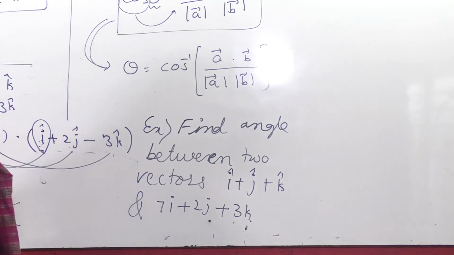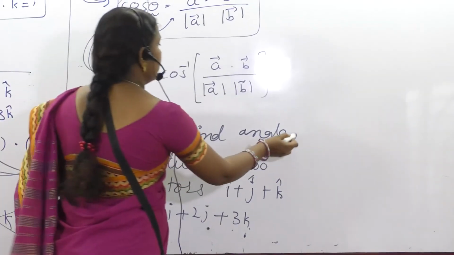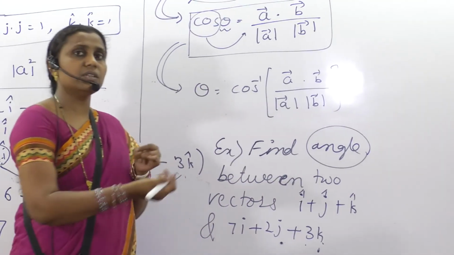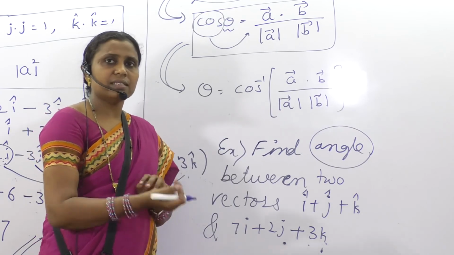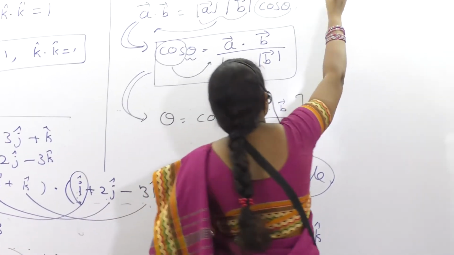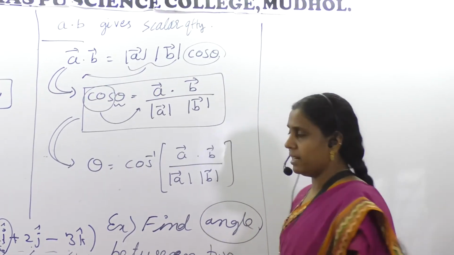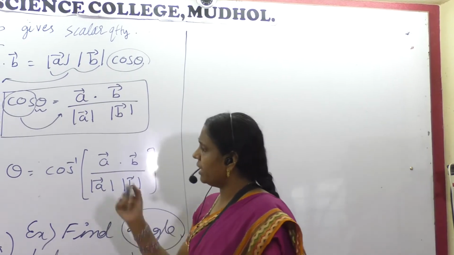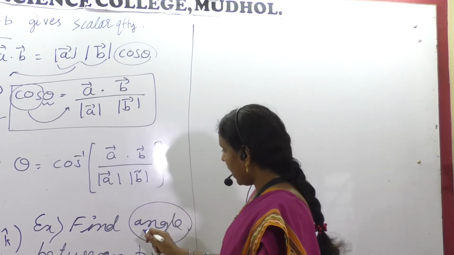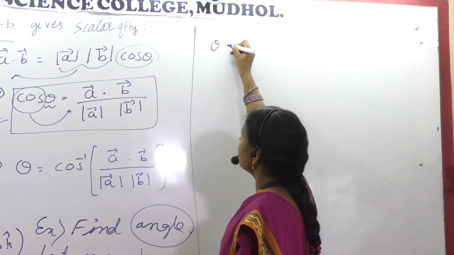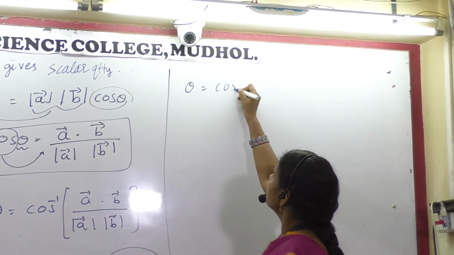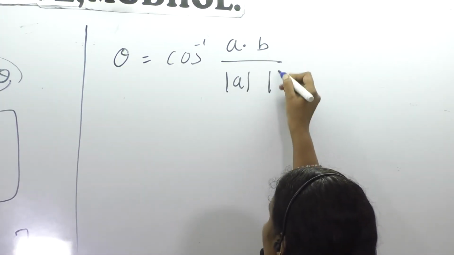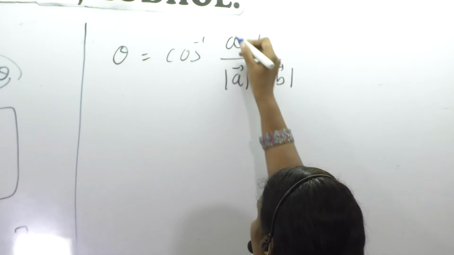Okay, what are they asking? Find the angle between. As you are aware of trigonometric ratios, cos 0 degree, 30 degree, 45 degree, standard angles, it may appear in terms of standard angles, it may not appear. In that case, you have to write it as it is, no need to worry. So the angle you are asked to find is theta is equal to, first I will put the formula, cos inverse A dot B by magnitude A, magnitude B.